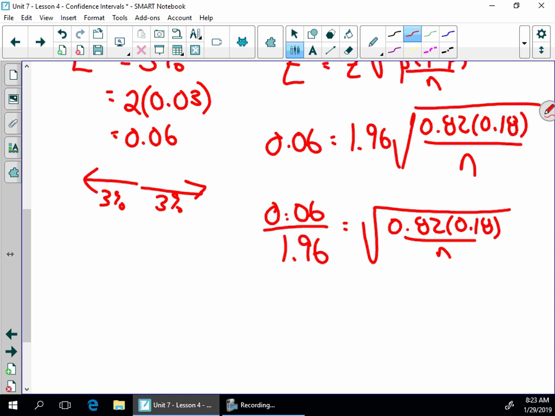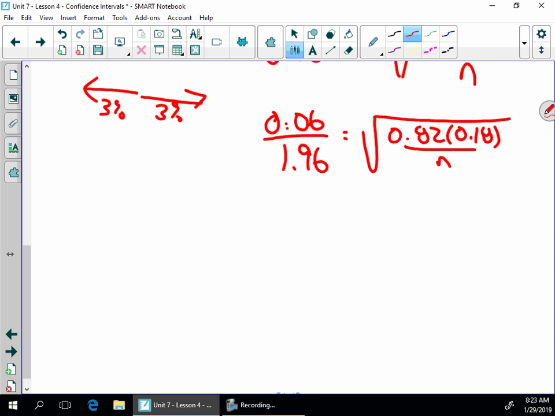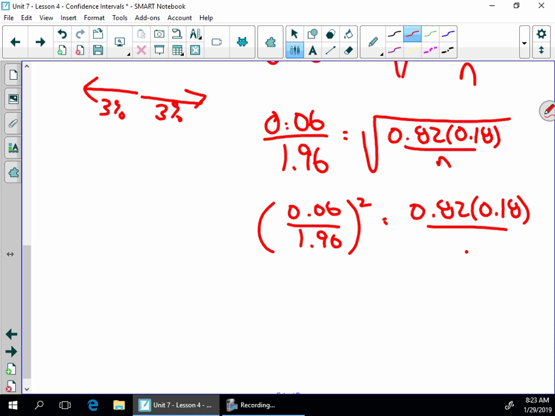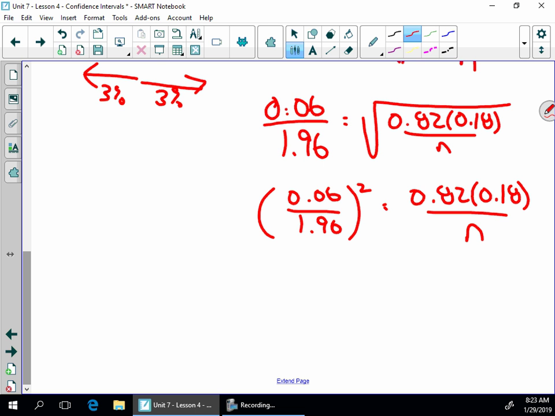Right, I want to get rid of the root sign, and I do that by squaring the other side. So 0.06 over 1.96 squared. And then I have just that left. And if I want to get n, I can use the idea of cross multiplying and then dividing. So if I bring the n up here, and I divide all of that by that number, I'm left with